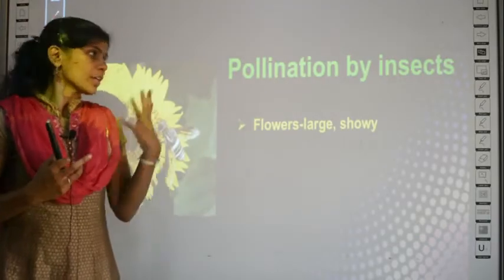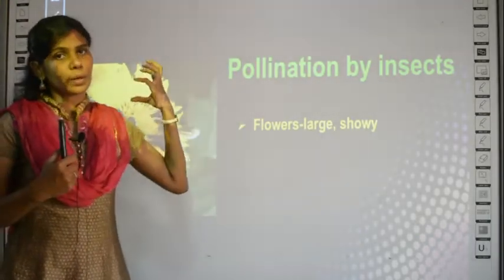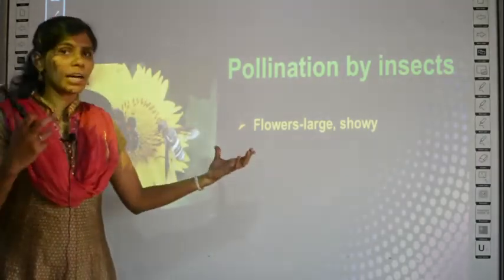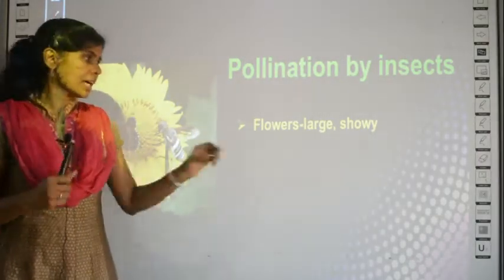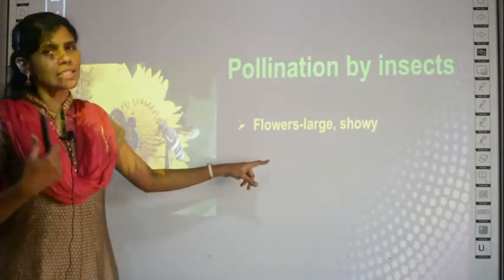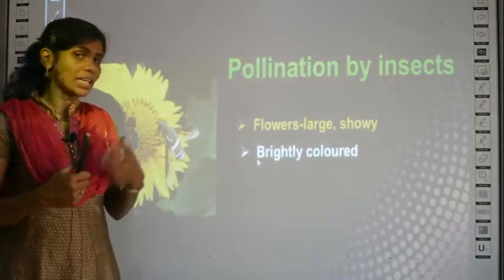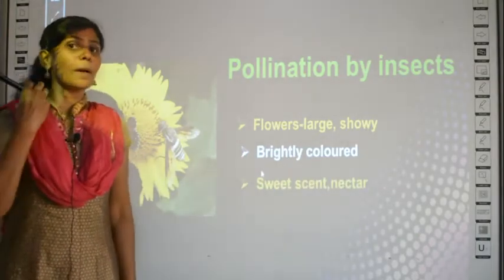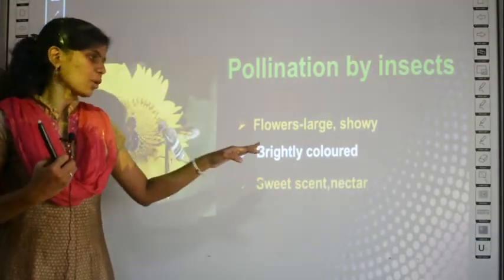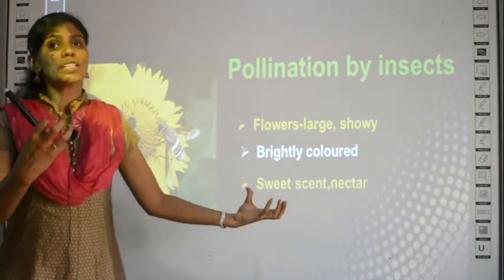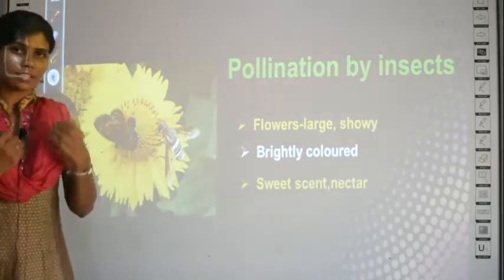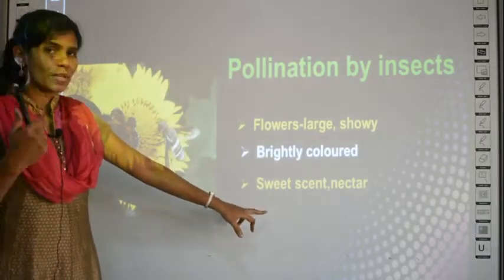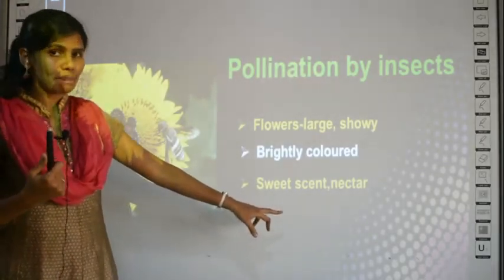colorful flowers. So, usually those plants which are pollinated by insects have flowers which are large, bigger in size and showy. Showy means those flowers are attractive in nature, and also they are mostly brightly colored. Those flowers which can be pollinated by insects have these properties. Also they have a sweet smell. For the insects to get attracted to them, they have a sweet scent, that is the smell, and also